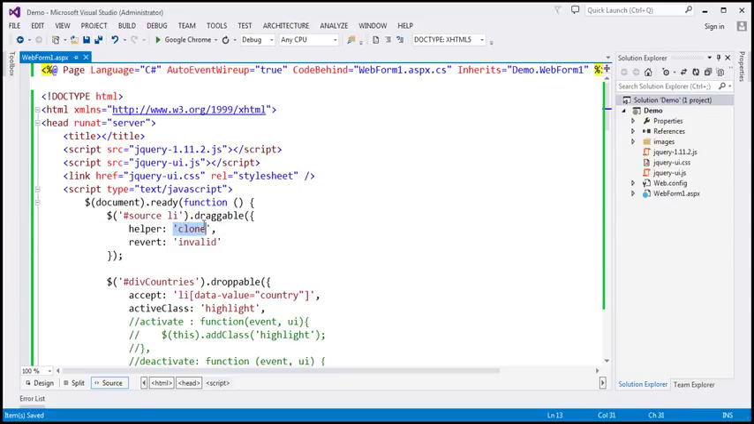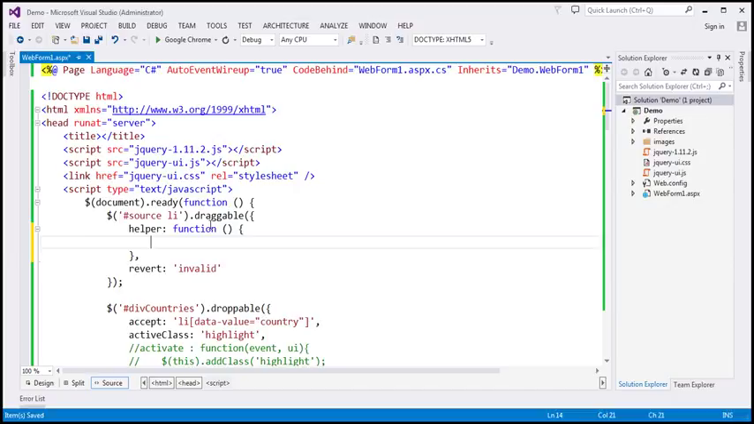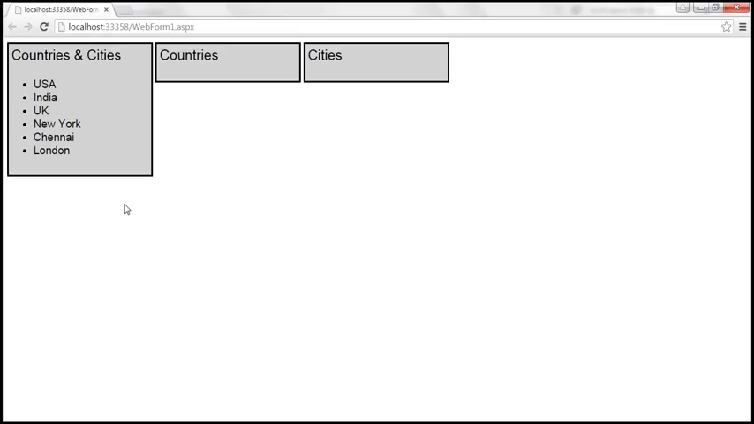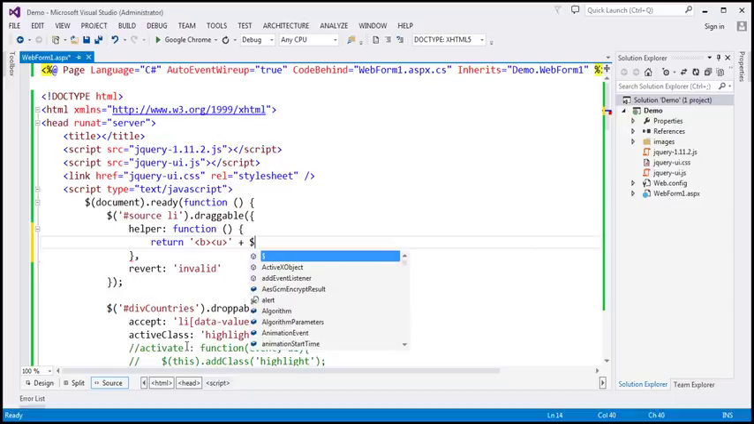Okay, so I can specify a function here instead of clone, and here you can specify the DOM element that you want as a helper, as a dragging helper. Now let's say for some reason, instead of a clone, what I want is, I want the text of the item that I'm dragging, and that text should be bolded and underlined. Okay, so how to achieve that? We can return that element from here. So I'm going to return a bold element, and I also want an underline, and the text that I want is